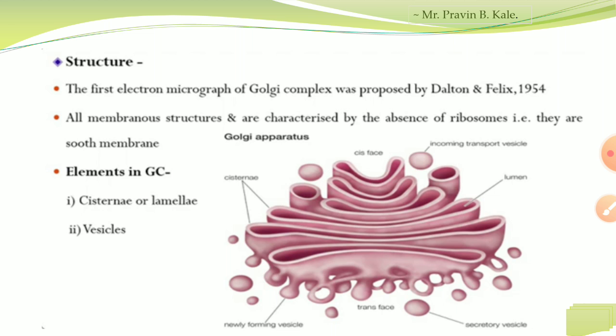Vesicles, the second element of the Golgi complex, are small vesicles 400 to 800 Angstrom in diameter, and they are intimately associated with the cisternae. The small vesicles arise from cisternae by budding or pinching off. The large vacuoles are clear and generally lie at the edges of the Golgi complex, and